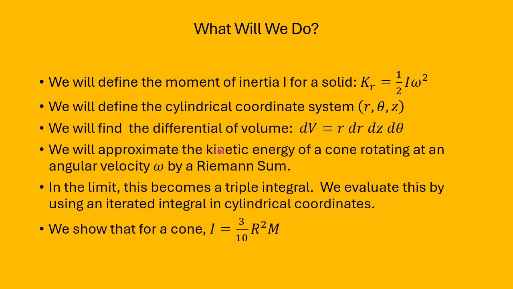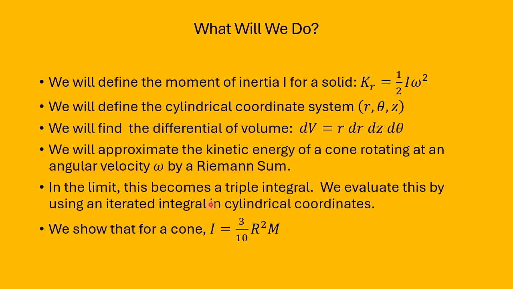We will then approximate the kinetic energy of a cone rotating at an angular velocity around a particular axis by a Riemann sum. This angular velocity is denoted omega. We'll look at a limit of these Riemann sums, and in this limit, the Riemann sum will approach a triple integral. We will evaluate this triple integral by using an iterated integral in cylindrical coordinates,